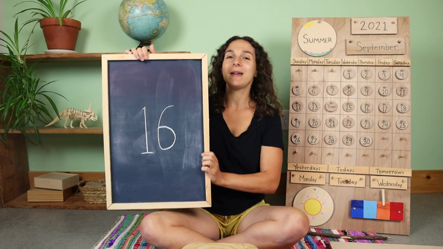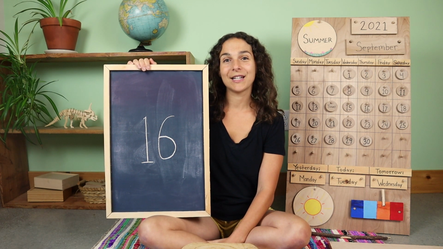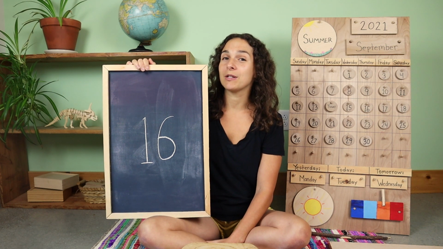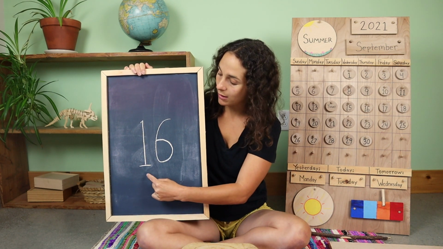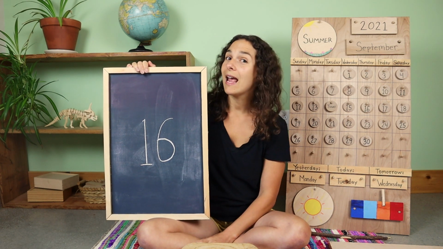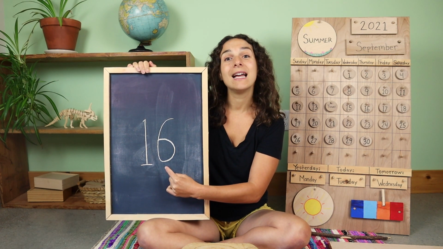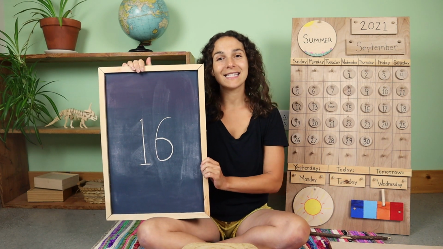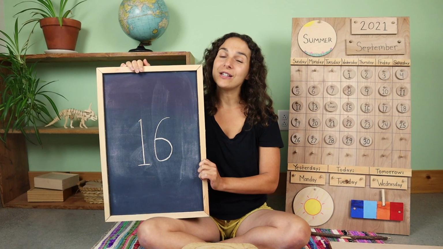Here's the number of the week. Friends, do you remember what double-digit number this is? 16. When you write the number 16, you write two numbers. Can you show me with your fingers what number you write first? 1. And after the number 1, you write this number. 6. 1, 6. 16. Let's count to the number 16 together using the large bead frame.